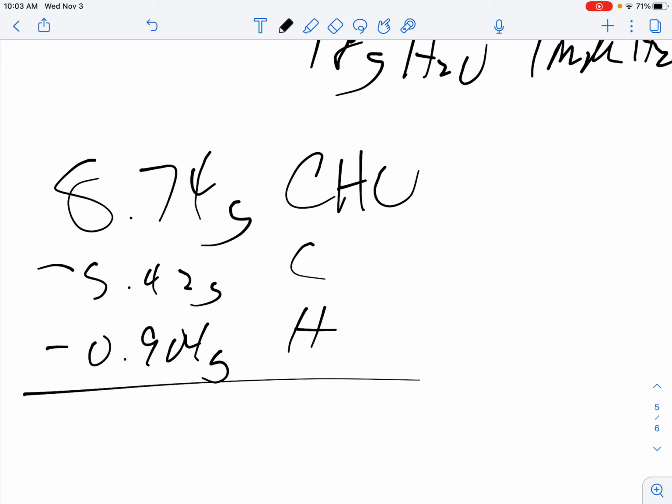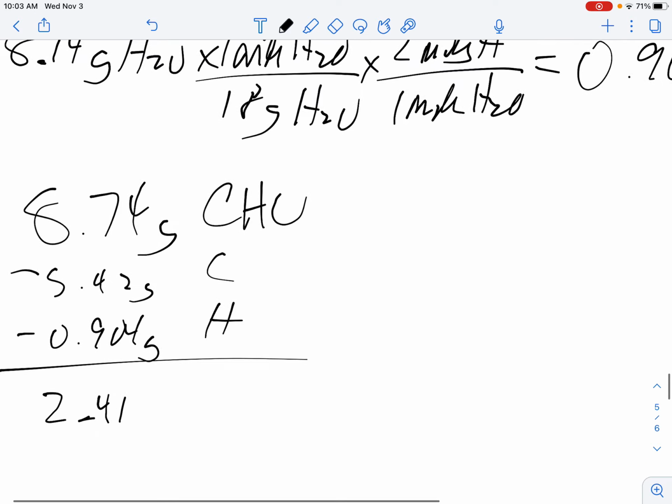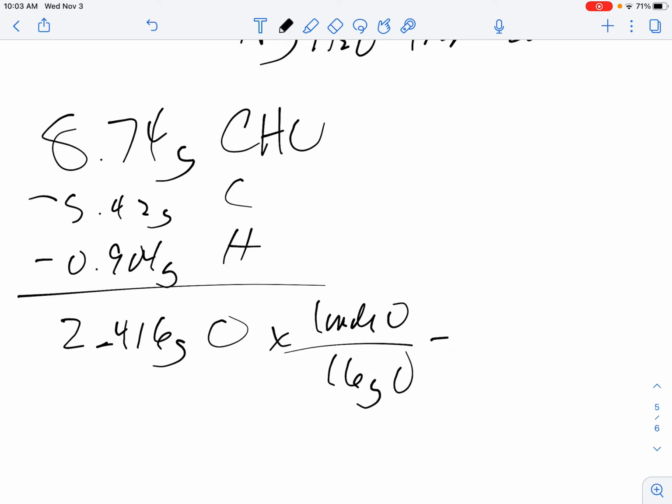So 8.74 minus 5.42 and minus 0.904 gets me 2.416 grams of oxygen. Now we multiply that by 1 mole of oxygen per 16 grams of oxygen, so we're dividing by 16, and we end up with 0.151